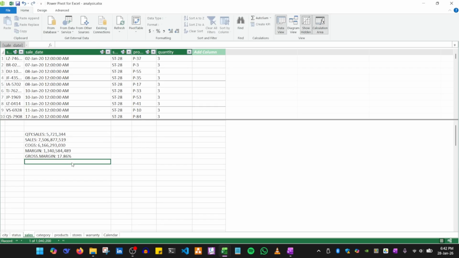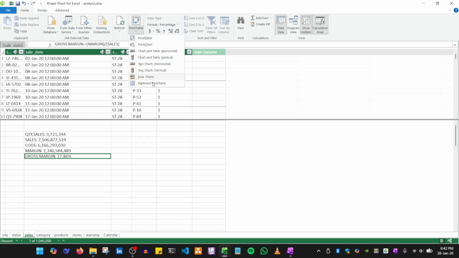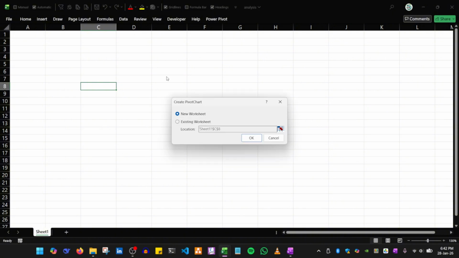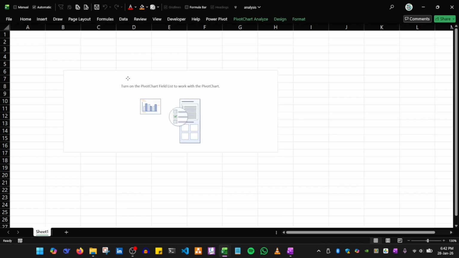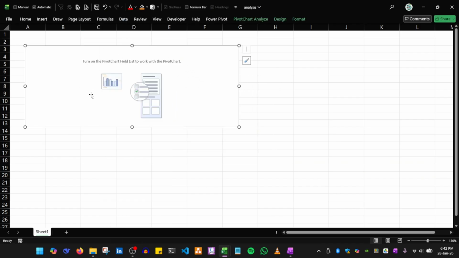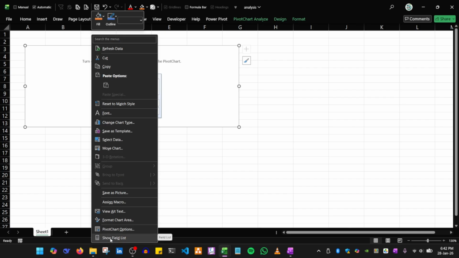And now we are going to create our dashboard. So I will click on the pivot table here. If you take a look at the pivot table, you can click this little triangle here, and then it will show you all the options that are available that you can choose. I'm going to choose pivot chart, and then choose existing worksheet. Click OK. So now we have this chart, and right click on it and click show field list, which is the top button